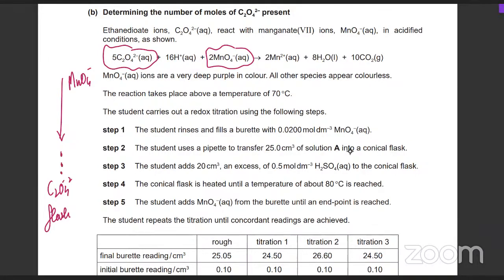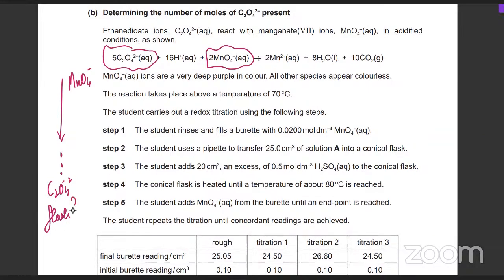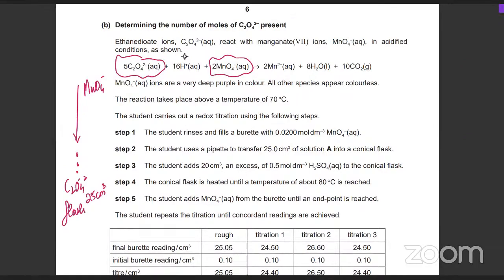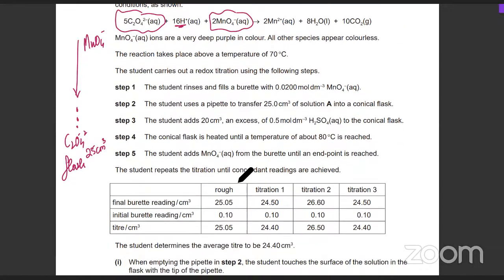And it's going to be added dropwise. The student uses a pipette to transfer 25 cm3, so there's 25 cm3 of this in the flask. The student adds 20 cm3 of sulfuric acid. You need sulfuric acid. There's acid. So I think that's just to acidify it, because you need H plus ions. The conical flask is heated till 80. The student starts adding MnO4 from the top, from the burette, until an endpoint is reached, and there are 3